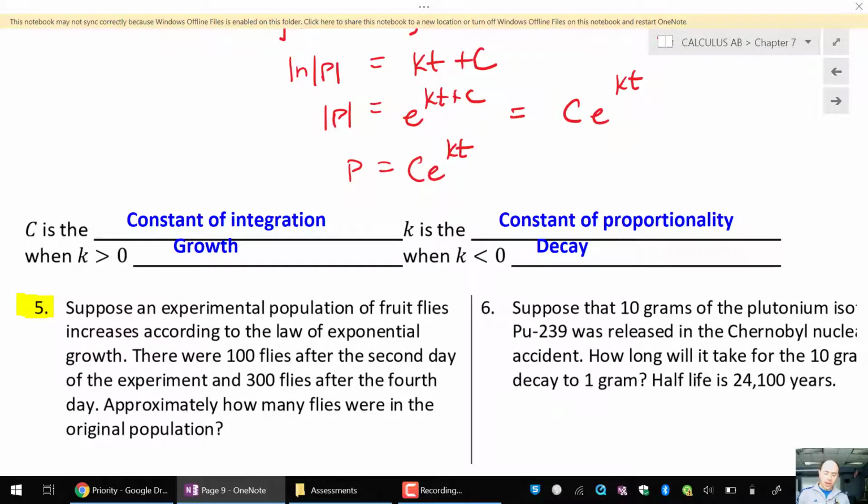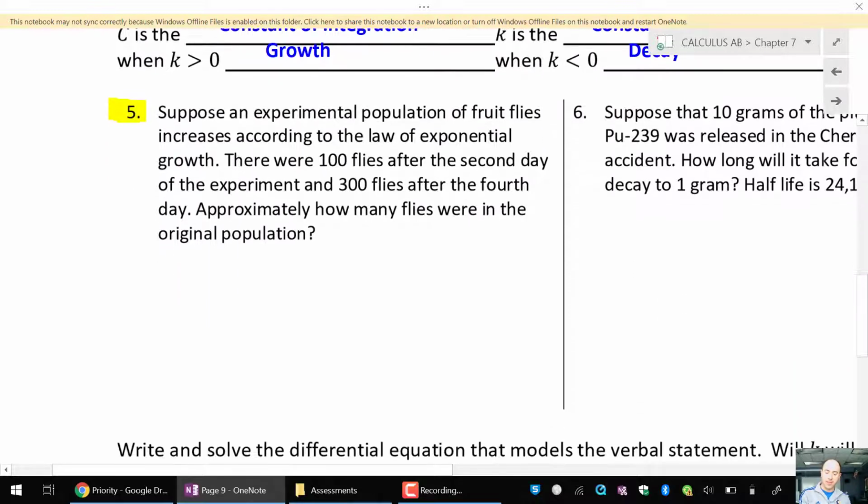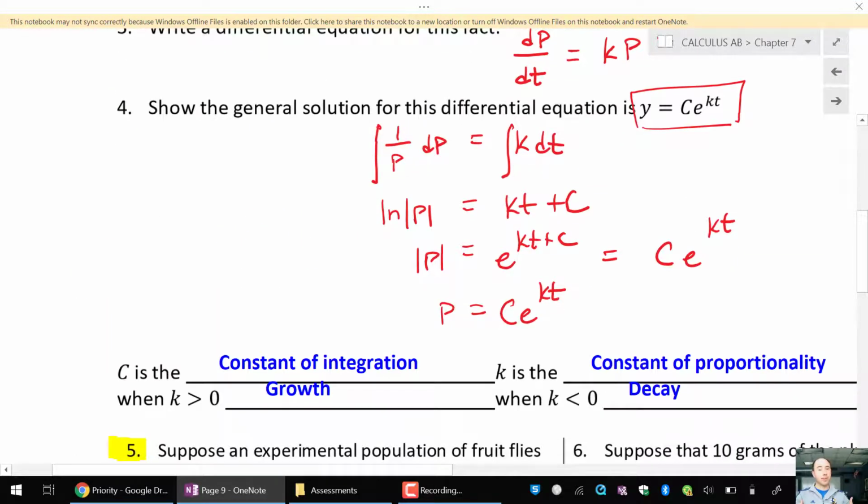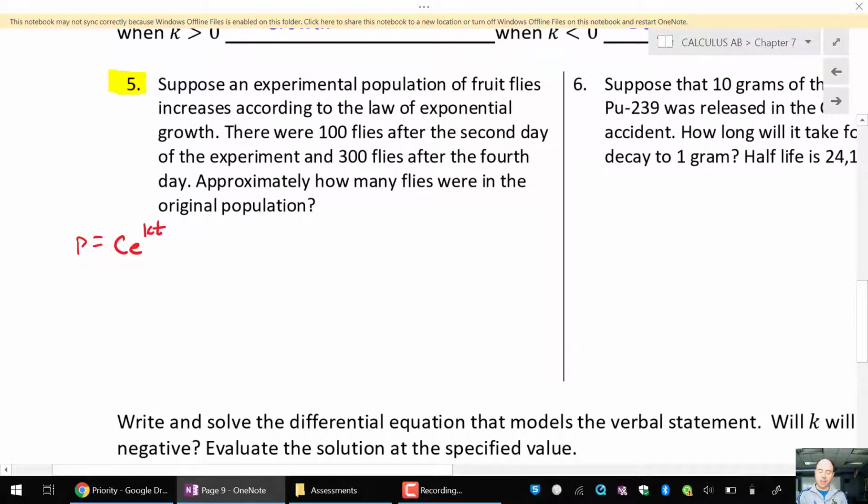So here's a challenging example, number 5 on this document. It says we have this experimental population of fruit flies, and it increases according to the law of exponential growth. Well, what that means is I can actually apply the P equals C e^(kt) formula to this situation. I can just jump right there without having to go through the process of solving a differential equation. And it says here, I basically have two conditions. At time 2 days, we had 100 fruit flies,